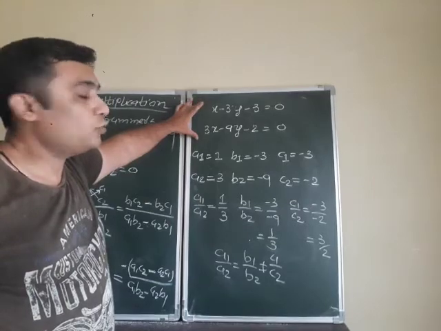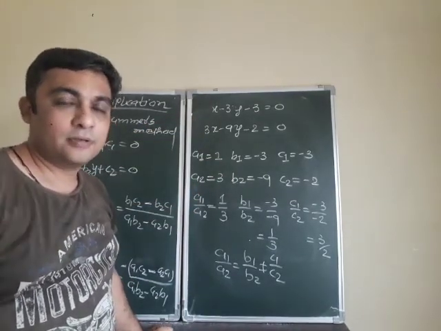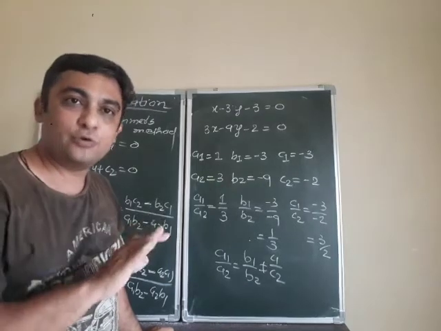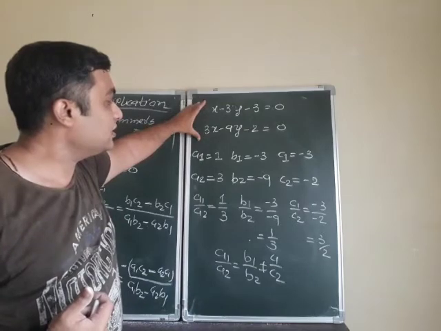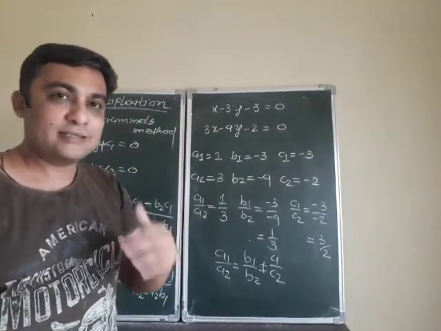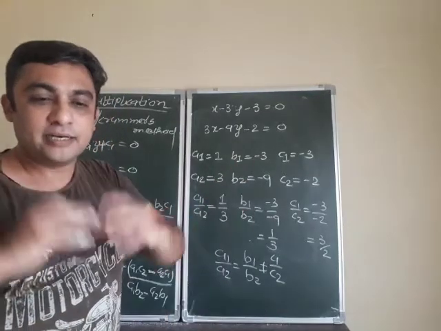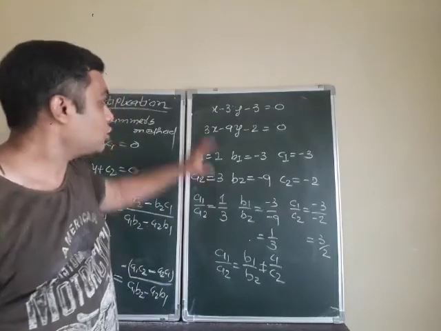System, ये पूरे दोनों इक्वेशन को एक साथ में system बोलते हैं. Understood or not? In the previous lecture also I used this word system, but maybe I have not explained. System means both these equations are together. It's called the system of equations. Where more than one equation is present, it's called a system. वो दो हो सकते हैं, तीन हो सकते हैं. Understood or not? So it's called the system.